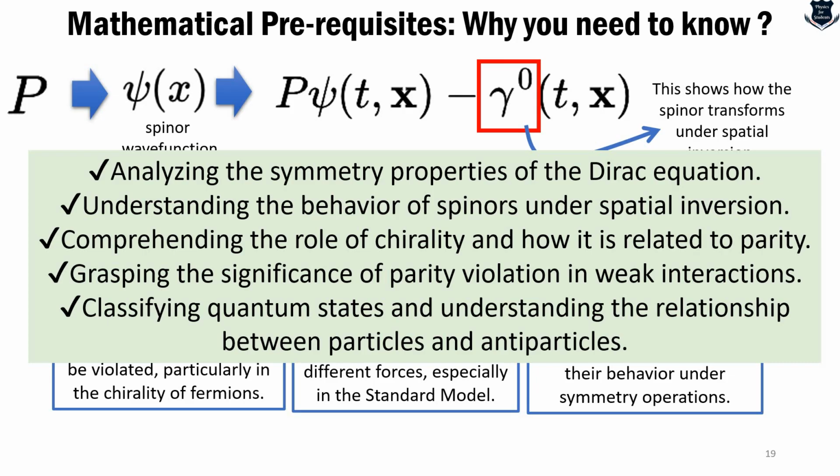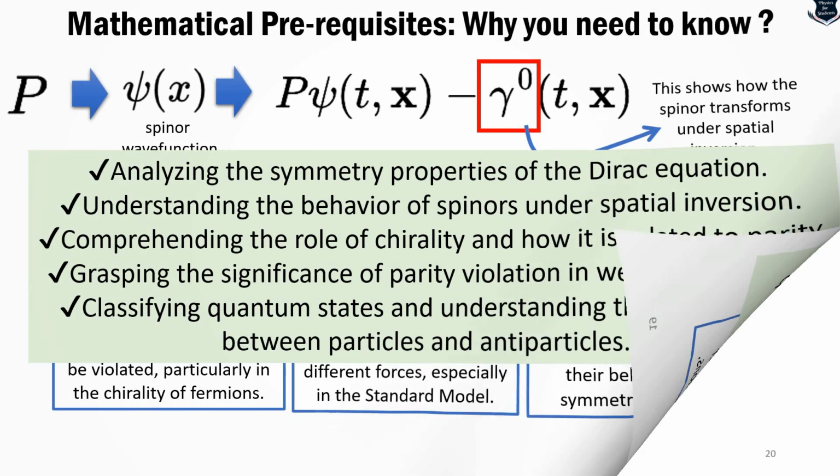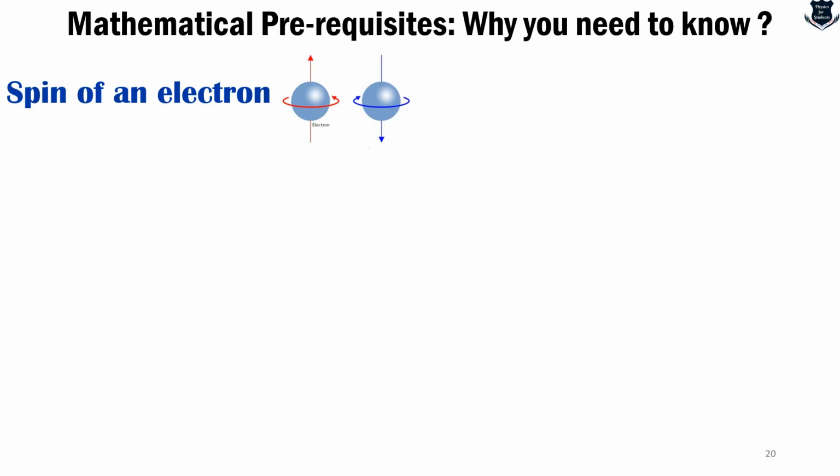Now you might have a question: okay, we understand chirality, spinors, parity transformation, but how are these concepts related to each other? How do they complement each other? Otherwise there is no use of learning, right? So in this part of the video, I will talk about the relation, but before that, you need to understand